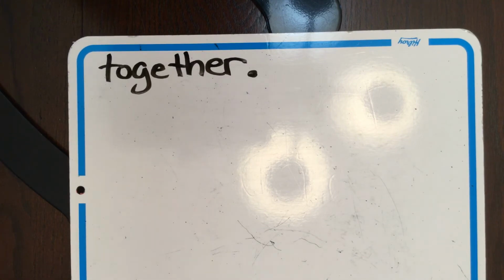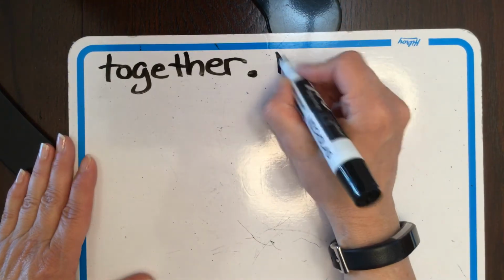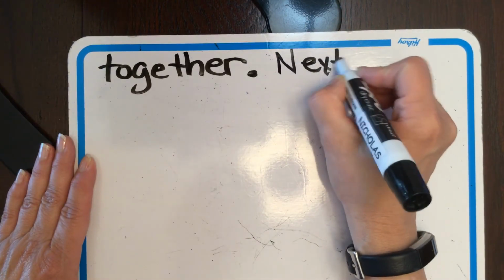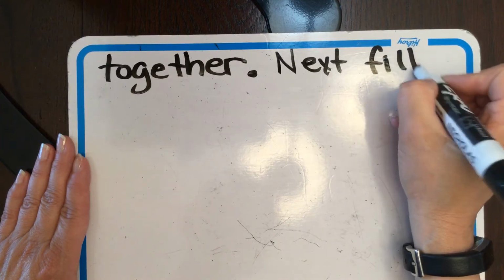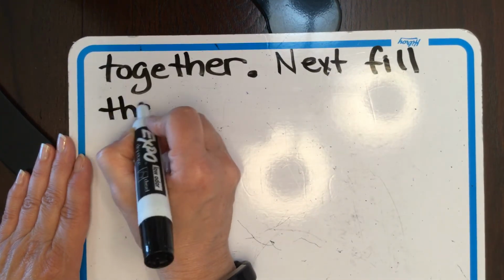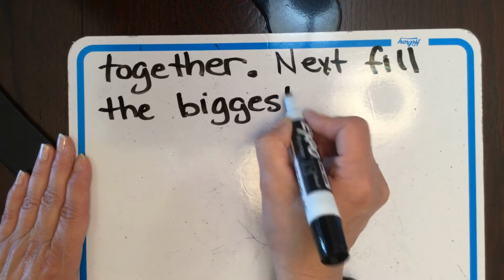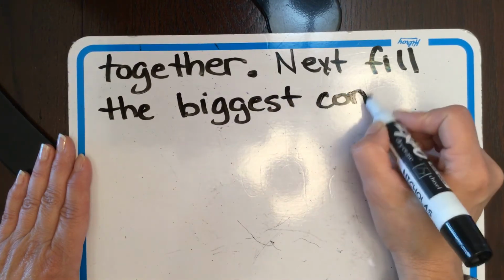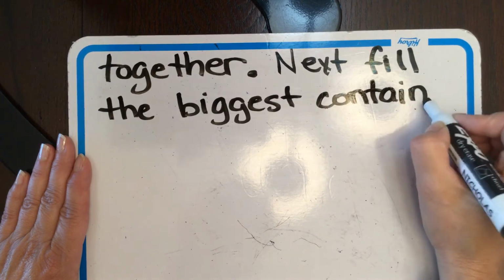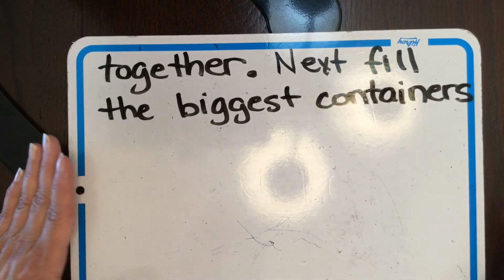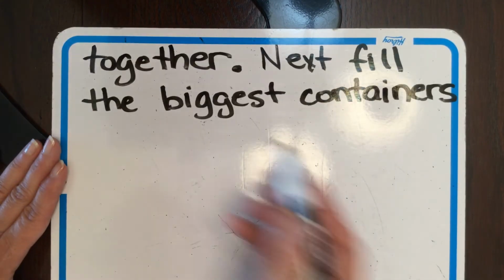My next middle sentence is going to go next. So I've got my sandy place and my containers. I'm going to wet my sand. So next, fill the biggest containers. I almost didn't have room to fit that in there. Next, fill the biggest containers